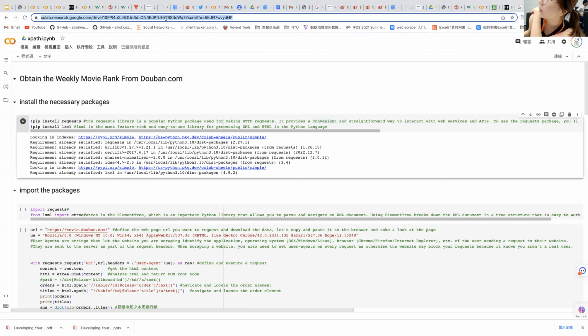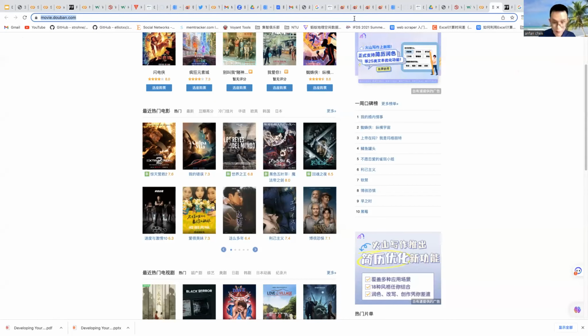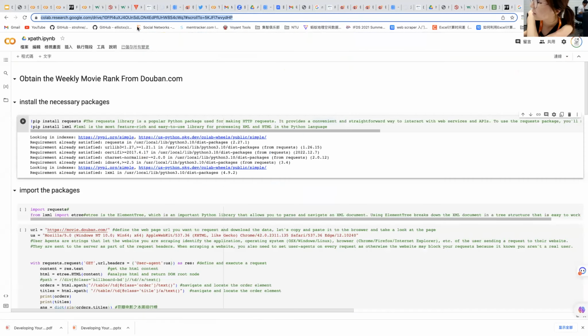No, this one? The Google Cloud page of Douban? Oh, okay, this one. It is actually the homepage of Douban. No, the cloud demo. Oh no, not this one. No, it's the Douban, this one. Yeah, this one.